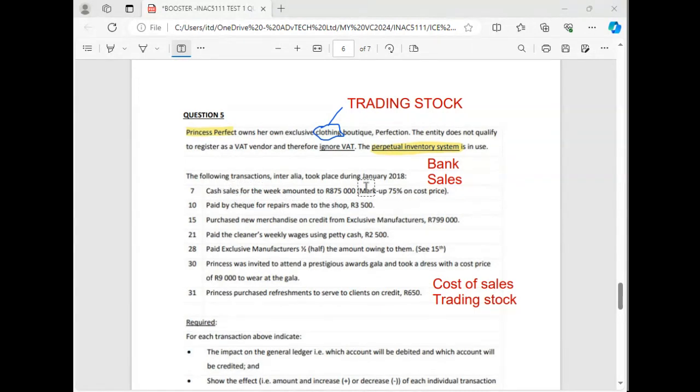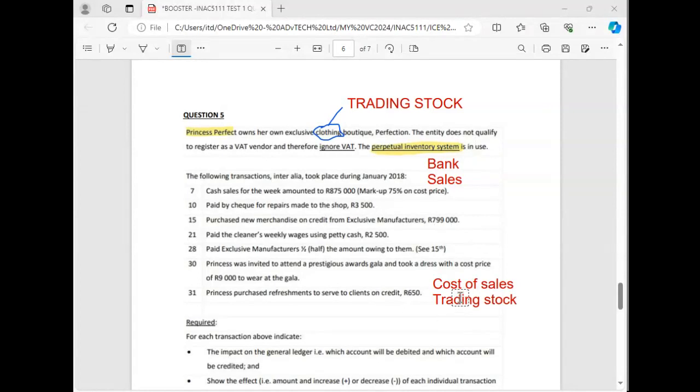Because I'm selling trading stock here. When we say sales, remember, even the cost price, the minute you see the cost price, just know that it's the cost price of what you bought before. What did I buy? I bought something that I'm selling now. Because I'm selling stock, remember, firstly, you must buy stock and you sell it. So every time you see sales under perpetual, just know that you are selling what? Trading stock. They won't tell you, you just have to remember this.